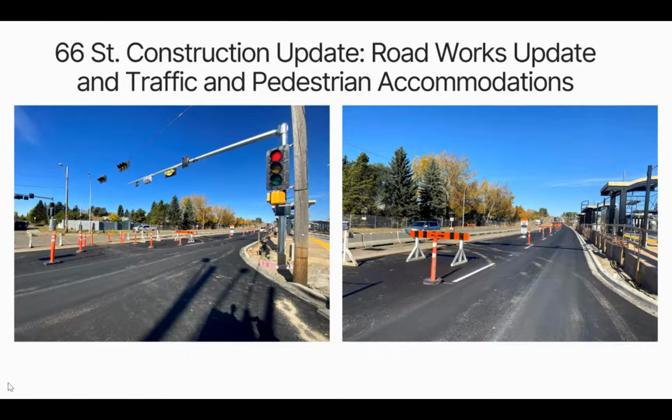That work will be going on, and it has started already. If you've been down there, you'll have seen some excavation beginning, and we'll be filling those holes with gravel and setting up formwork to pour the curbs fairly shortly here. Now, another thing that's very important to recognize is we have quite a bit of work still to do at the intersections. Now, the intersections are a little bit unique, and the reason I say that is